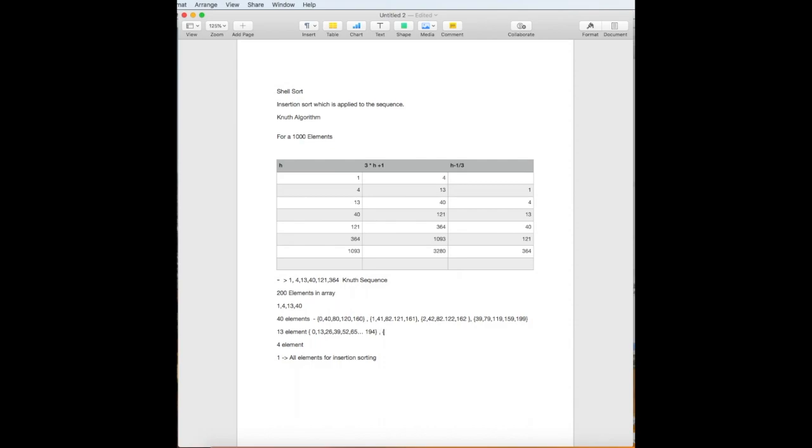Next time you are going to increment it to 1, 14, 27, 40, 53, 66 until it goes to 196. And it goes on further until you get to which one? 12, 25, 38, 51, 64, 77 until 193. Once you're done with this, you're going to apply the sorting sequence for every fourth element,